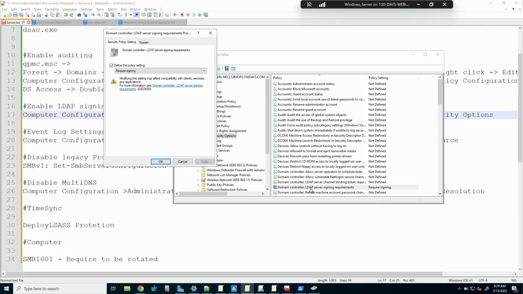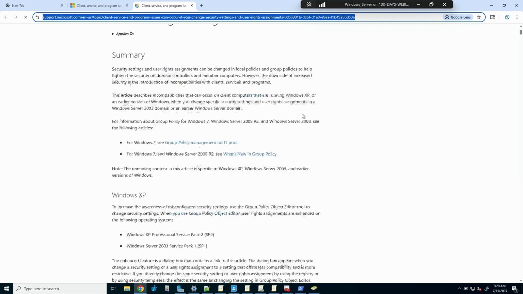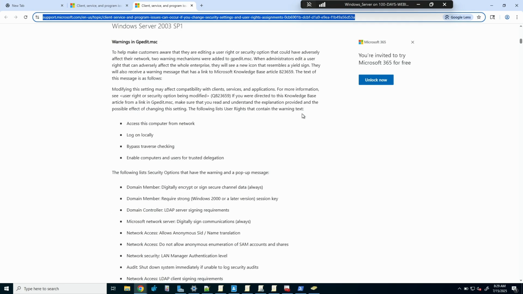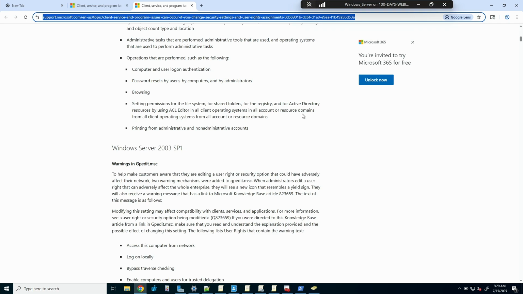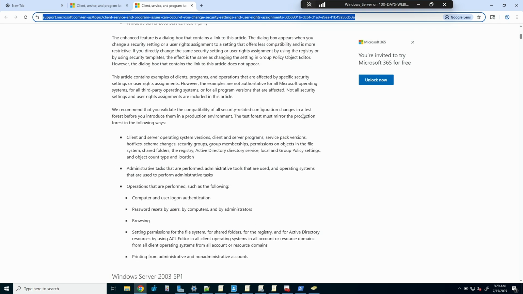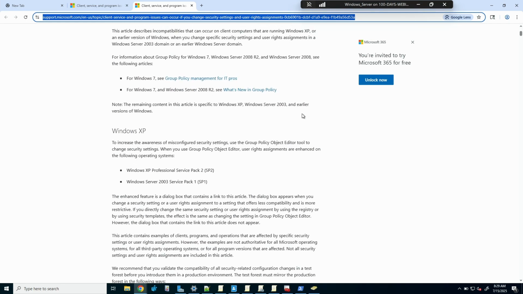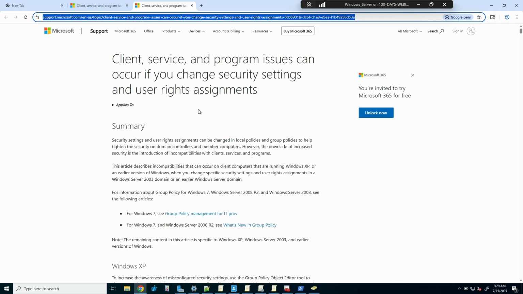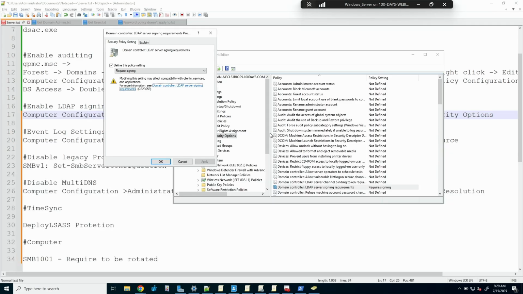If you've got old computers, if you've got unpatched machines, they may not be able to log in on this. Microsoft has very kindly put an article here that tells you all of the considerations. It's not what Microsoft tell you that worries me. It's all of the stuff that's authenticating that you don't know about. Mostly if you're running anything above Windows 7 patched, you're not going to worry too much. But this essentially prevents someone listening on your network, grabbing the packets and replaying those LDAP authentications. So go into there, turn this on. But again, smaller business, tell people you're about to do it. Anyone's got any problems, call me. Obviously, if you're providing healthcare services to people who are on life support, be more careful.